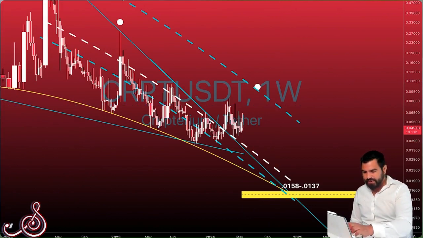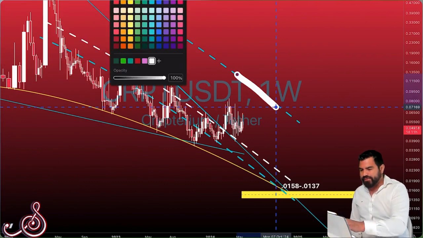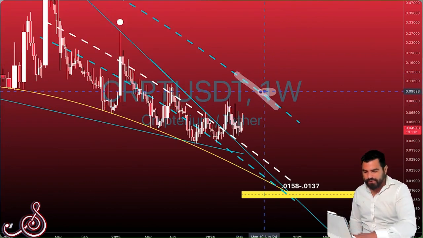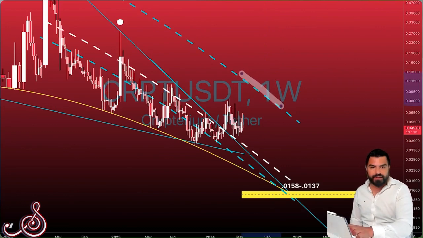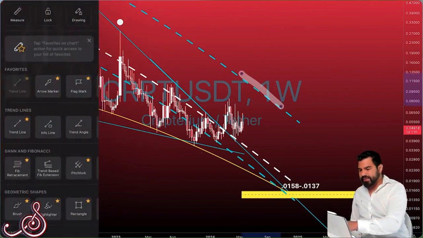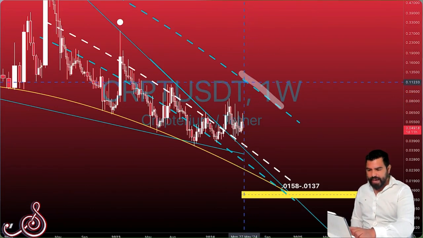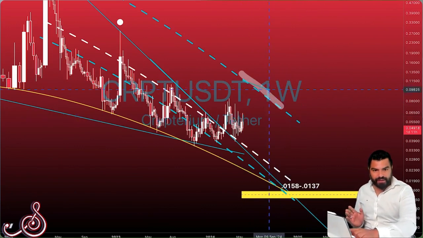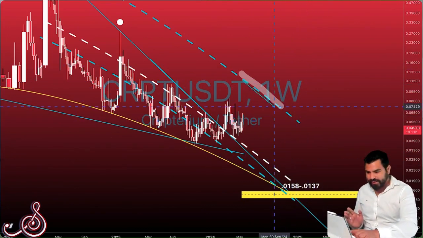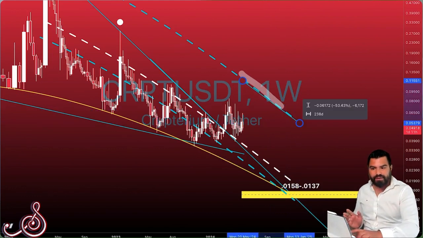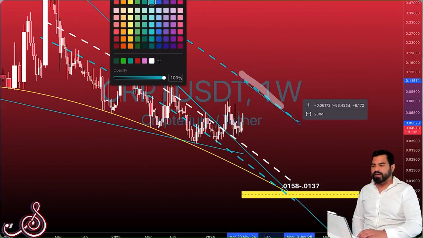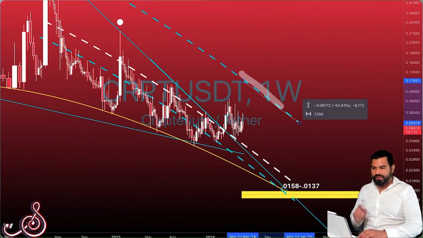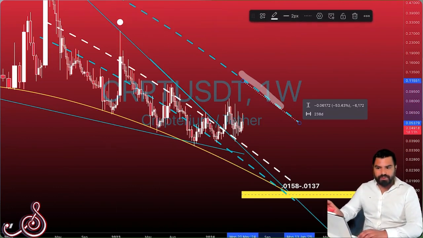And if you want to, what you can do is give yourself a highlighted line, then fade that line away. So you know, privately, hey, I need to pay attention to this angle. And the other thing you can do is get a thin line, just a really thin line, and go to today's date and just mark approximately where that line is. I'm basically making a little line. Okay, you see what I'm doing? Tugging the line along that highlighted path. And then what I'm going to do is make it a white dotted line and put an alert on there. Okay, so I'm going to put this alert,